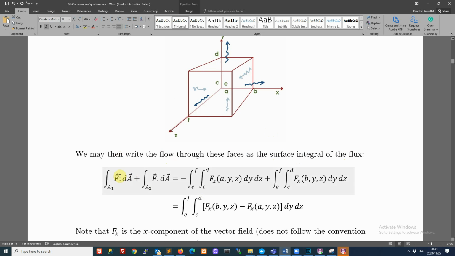And if you look at your flux on surface A1, which is, well, let's see which way we did it. Yeah, surface 1 is here and surface 2 is there. Now note that we are not talking about in minus out, right? We are looking more generally at just what's the total flux across the whole surface here. So we are just saying there exists a vector field and we are integrating it over each area and adding up all those contributions. So for area 1, we can see that the flux is in the opposite direction to the outward vector,